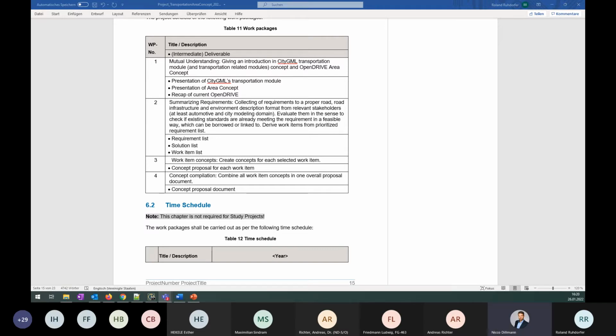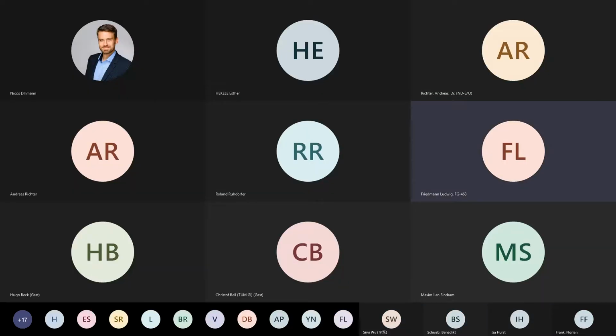We had the question before, and Ludwig, you're here now. So would you see a way of including the Open Material project in this overall concept as well? Well, it is certainly a third domain that I see besides the data provided by CityGML and the road network data provided by